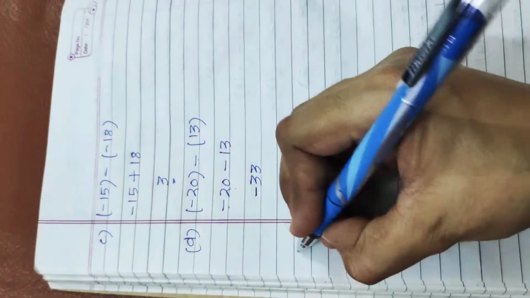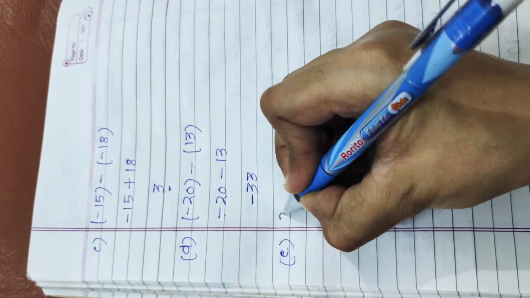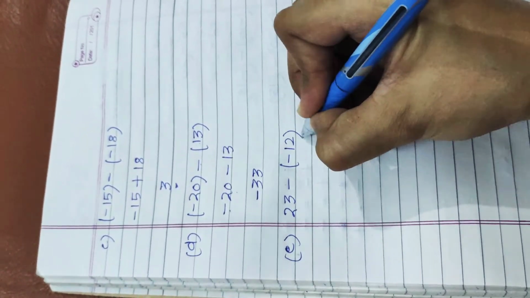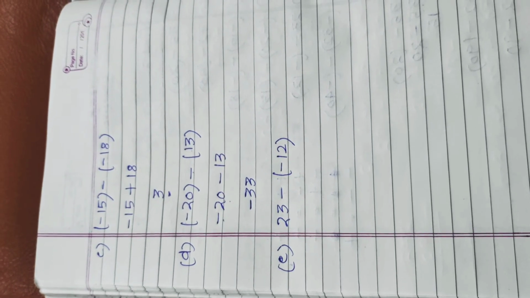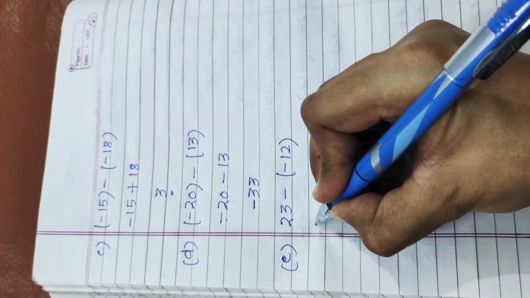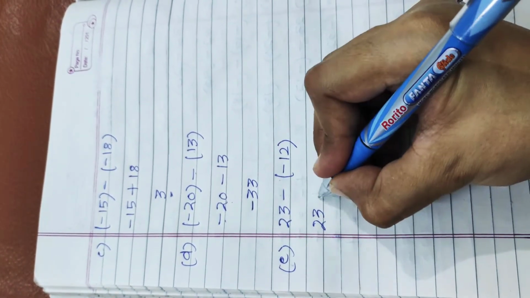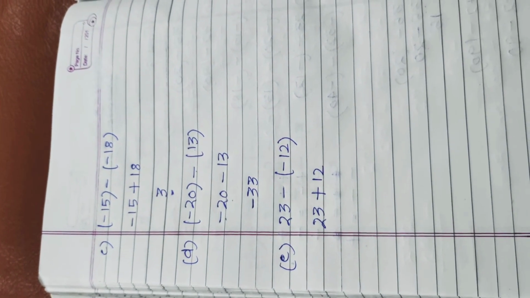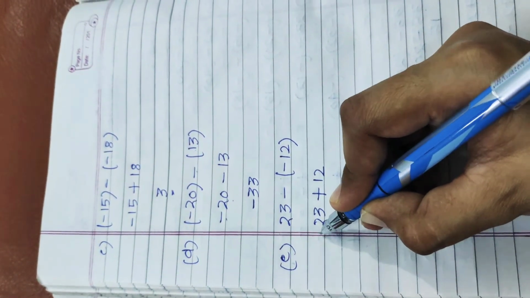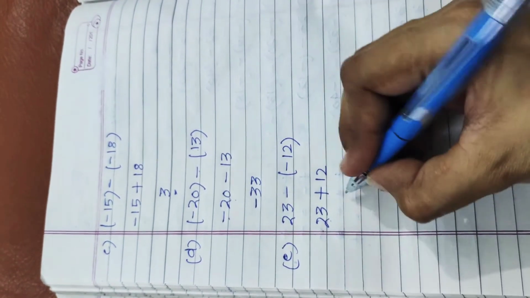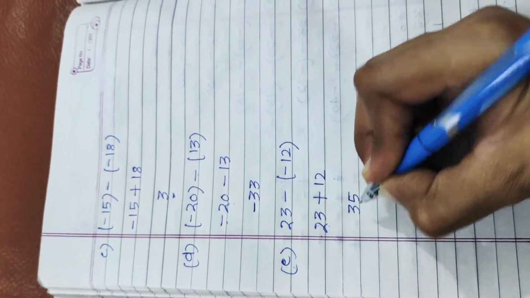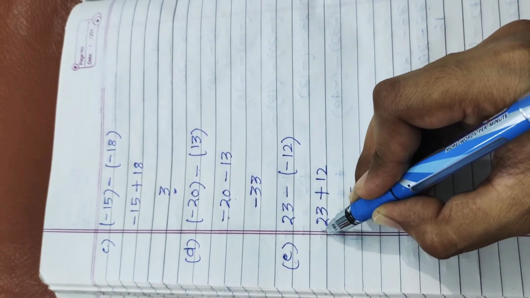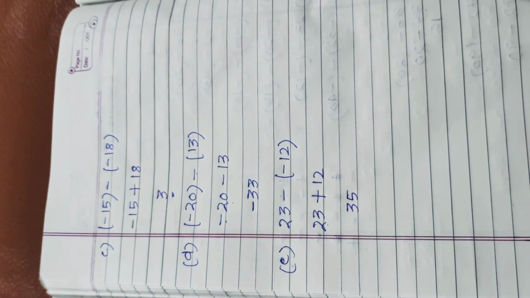Now let us come to the E part. E is 23 minus 12. Again, first of all, we are going to open the bracket. We will copy the integer 23, minus plus, the plus sign will come over here. We will copy 12. Now first of all, we will check the rule. Here there is a plus sign, plus. We are going to add them. 3 plus 2, 5, 2 plus 1, 3. The answer is 35. Now we will look for the greater integer. The greater is 23 and hence the sign with 23 is plus. So the plus sign will come with the answer.